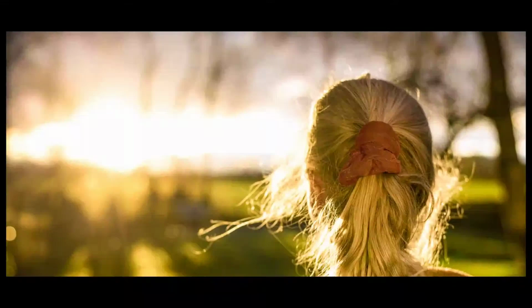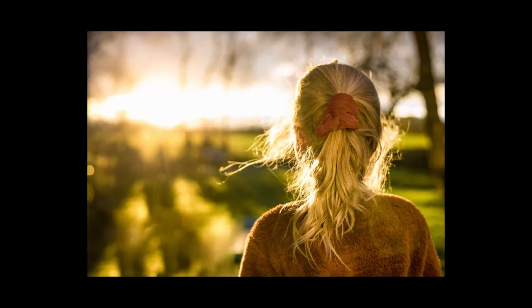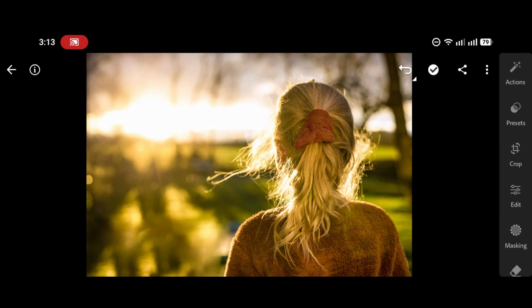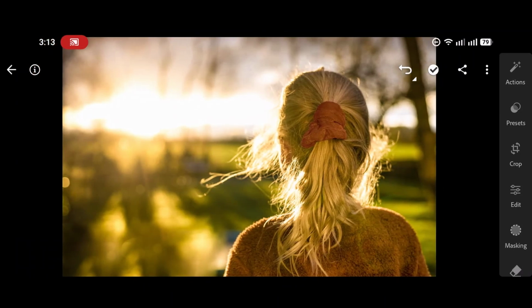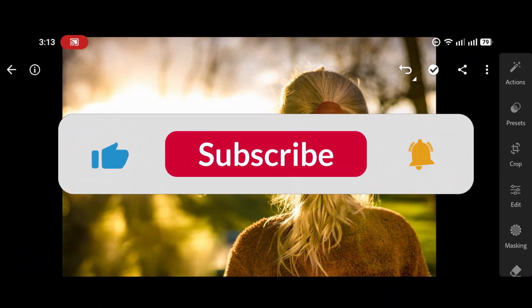In today's video, I'm going to show you how to edit a subject with AI in Lightroom Mobile using the built-in masking tools. This is one of the fastest ways to make your subject stand out, improve the look of your photo, and create a more professional edit without spending ages manually selecting areas. If you're a content creator, photographer, or just someone who wants better-looking edits on your phone, this is a super